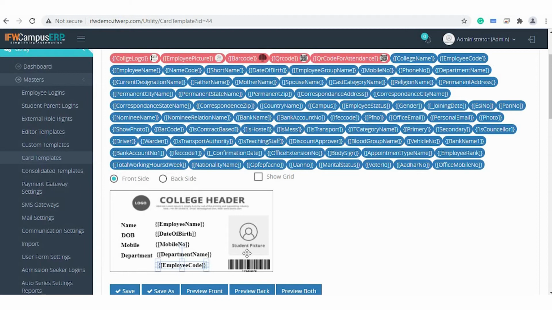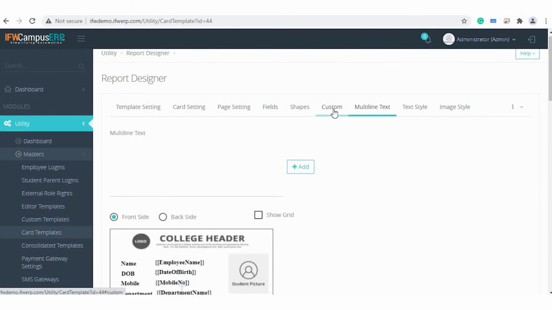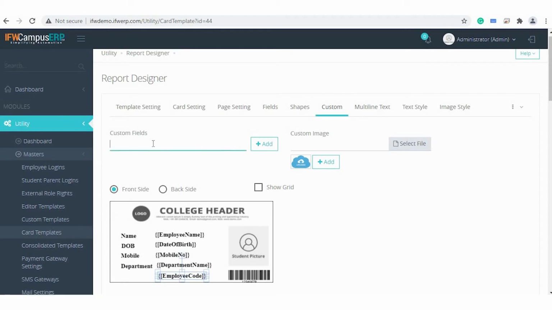Now if you want to give the text, you can use either the custom or multiple text. If we are using the custom, we are giving here employee code. Click on add. This came here. We will drag it and put it in the appropriate position.